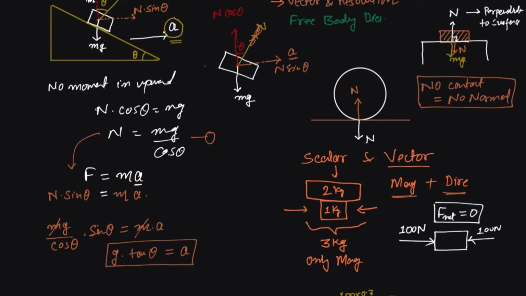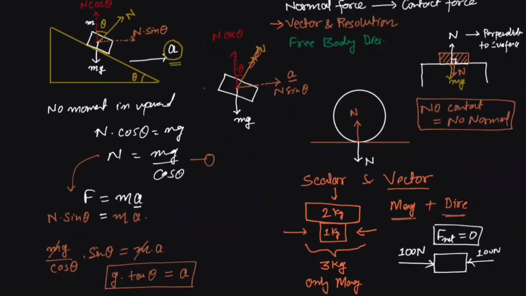Let us quickly review. The block of mass m is resting on the wedge. If we were not doing anything, if we were not moving the entire assembly to the right, probably the block would start sliding along the plane of the wedge. But here, to keep it from sliding, we started moving the wedge to the right with a force, so that the block just balances and it doesn't slide down. So the block is stationary with respect to the wedge at the same position, but it is moving with respect to the ground. The entire assembly is moving with respect to the ground to the right side with an acceleration of a.